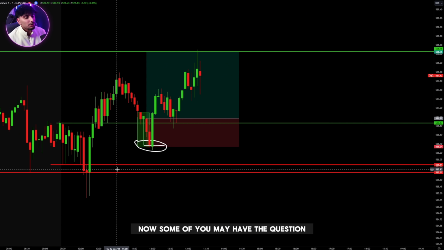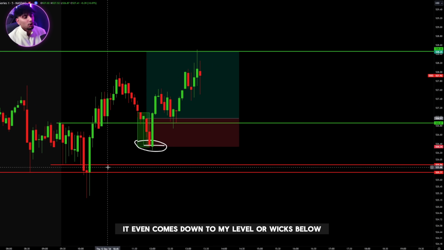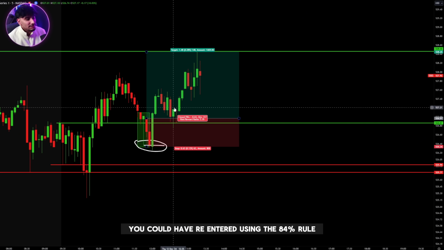Now, some of you may have the question that if you wait for a candlestick closure, sometimes your loss may be a little bit bigger than it would have been if you simply stopped out of the trade. And yes, that is correct. However, based off my personal performance and historical data, I notice that if I wait for candlestick closures, that actually gives me a better result than stopping out of the trade every single time it even comes down to my level or wicks below. Because even in this example right here, yes, you could have re-entered using the 84% rule,